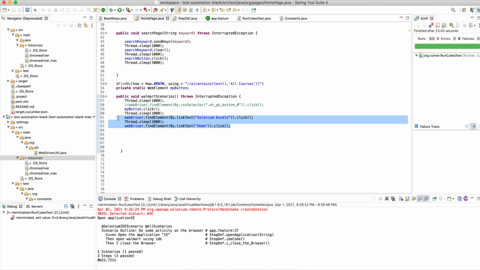These two are fine because the button names won't change, right? But this is the class of the CSS. The developer keeps changing the CSS style sheets. This button is available right now, but if I change my website, this will be gone. If I put a new color, this will be gone. That is the only disadvantage of the Selenium IDE.